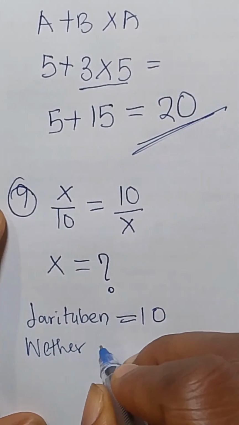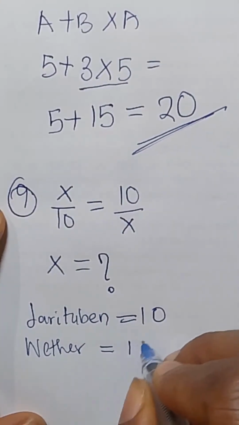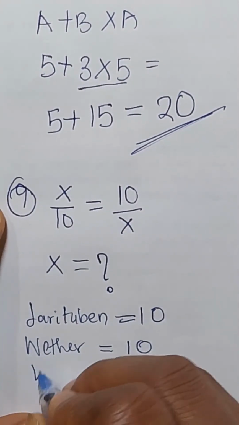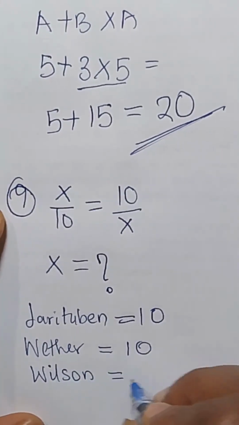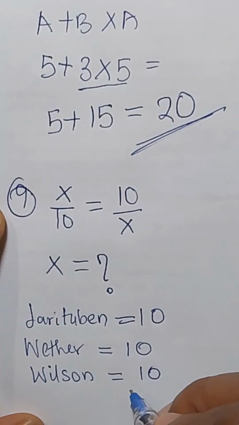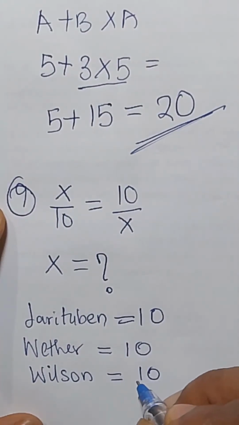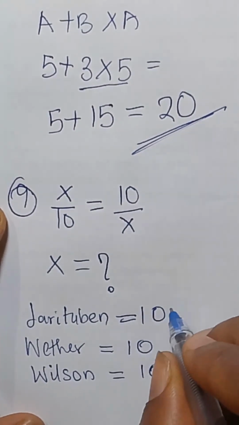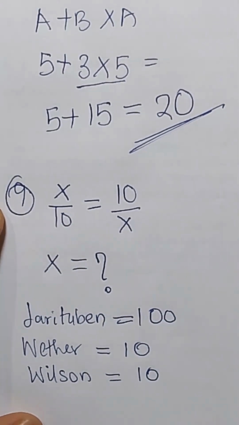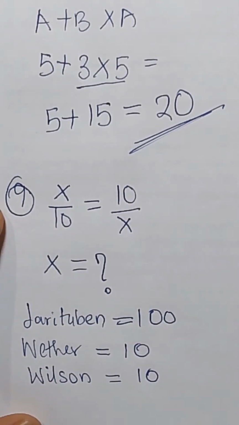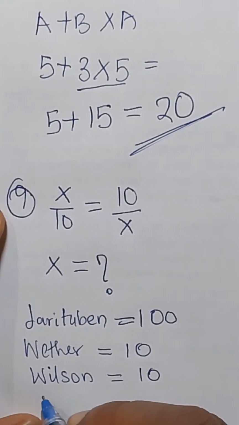You know, before I answer this question, I'm going to ask you people one thing. I want you to be looking at it now as I'm asking, so that you tell me how you got the answer. Jerry to Ben, you say 100, all right? You're going to show me what you did to arrive at your answer. Now, when you're given this question, what is the first thing to do to arrive at your answer? Emmanuel,